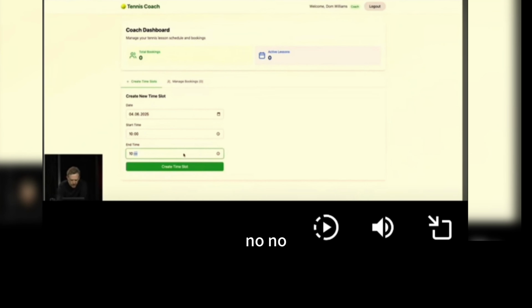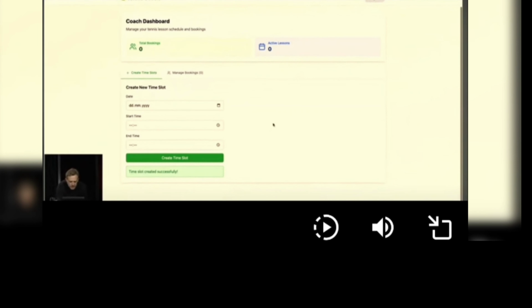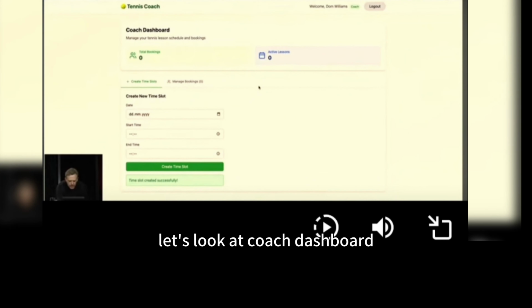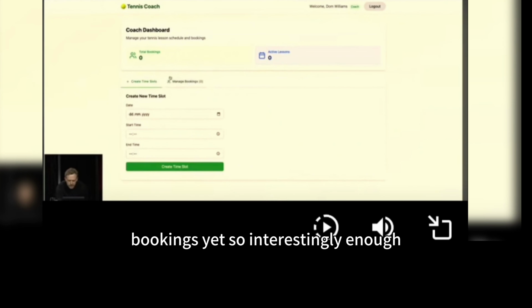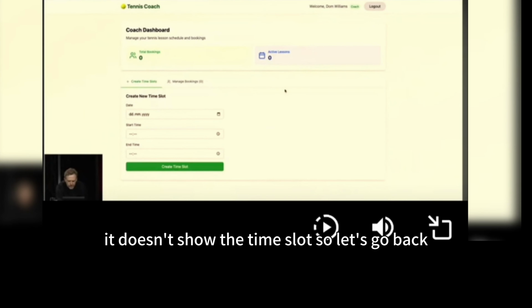Well, let's just do it like this. 10. No. It's 90 minutes, right? So 90-minute slot. Create time slot. Ooh. Let's have a look here. Coach dashboard. Manage bookings. No bookings yet. So, interestingly enough, it doesn't show the time slot.